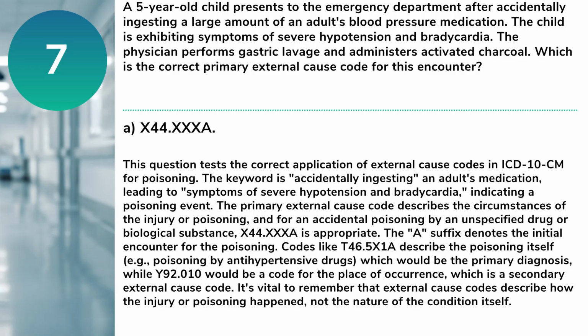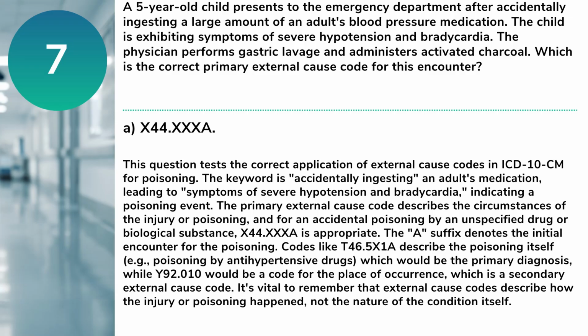Codes like T46.5X1A describe the poisoning itself, e.g., poisoning by antihypertensive drugs, which would be the primary diagnosis, while Y92.010 would be a code for the place of occurrence, which is a secondary external cause code. It's vital to remember that external cause codes describe how the injury or poisoning happened, not the nature of the